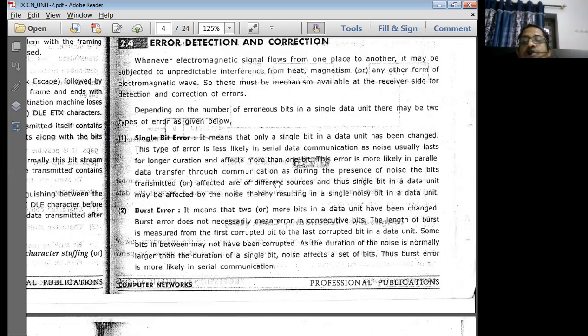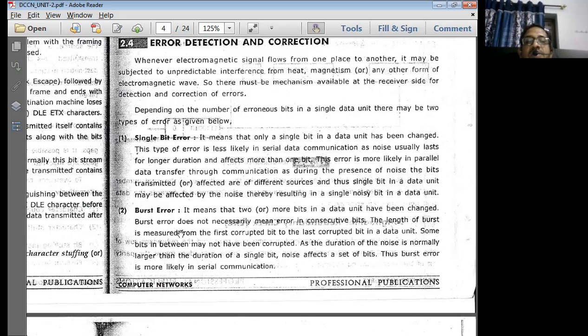If it is more than one, it comes under a burst kind of error. Usually the term burst we use for a continuous number of bits, that means data is transmitted continuously in a flash, at a particular clock cycle, all the data bits transmitted in a single clock cycle. That is what is called burst data.